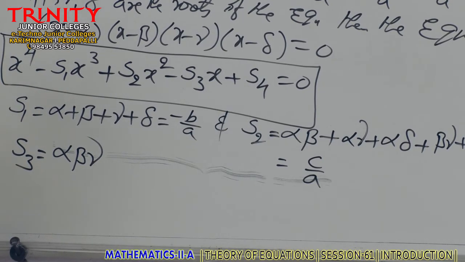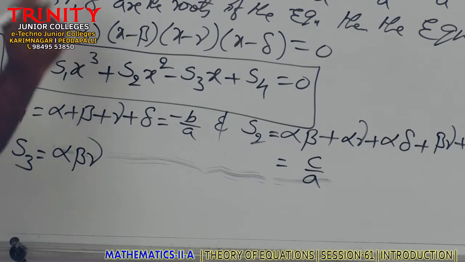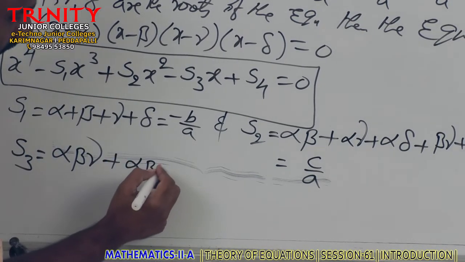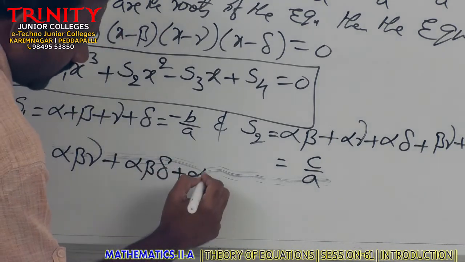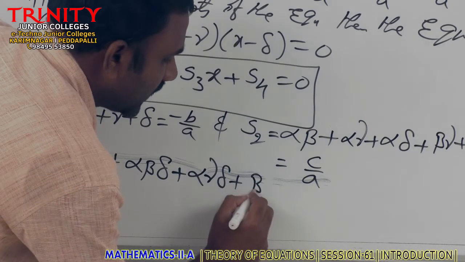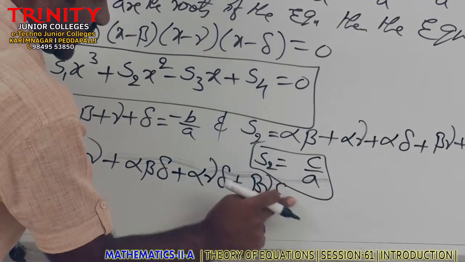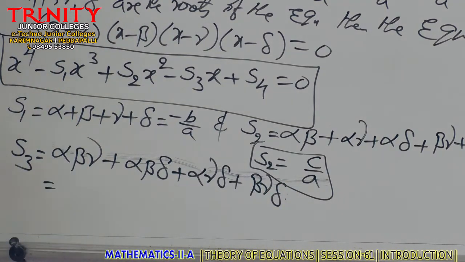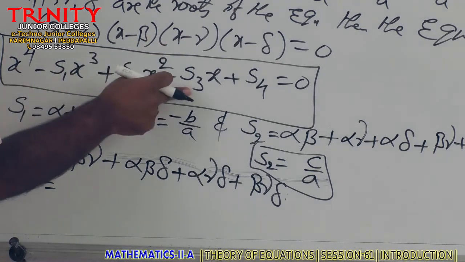First you finish off the alpha combination. Alpha, beta, gamma is the first one. Alpha, beta, delta. Next, alpha, beta, delta is finished. Then alpha, gamma, delta. You have to come in order. Alpha, gamma, delta plus. Alpha combination is finished. Then we have beta, gamma, delta. This is S3. S1, S2, S3.